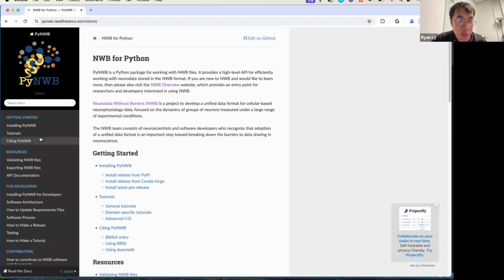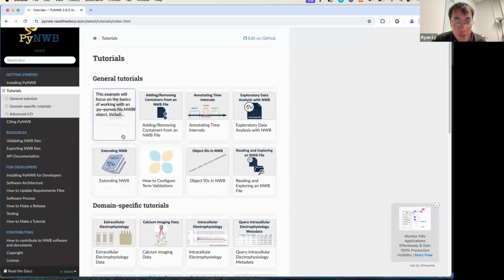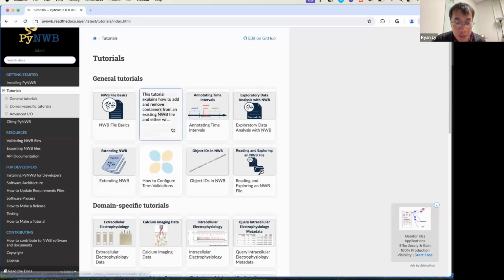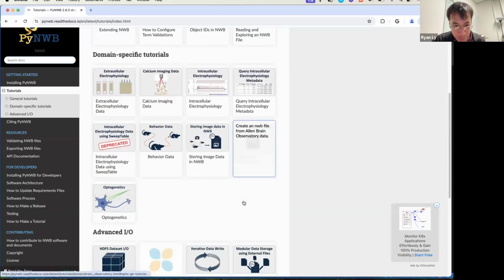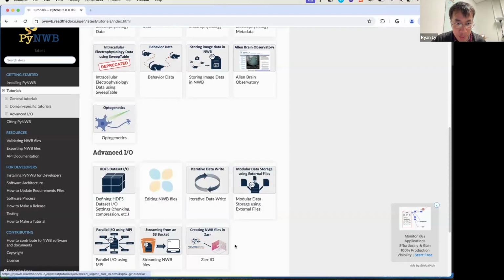And just to orient you, we have very getting started level pages on installing, various tutorials on reading and writing NWB files, adding containers, extending NWB, validating terms, and then specialized tutorials on different domains,